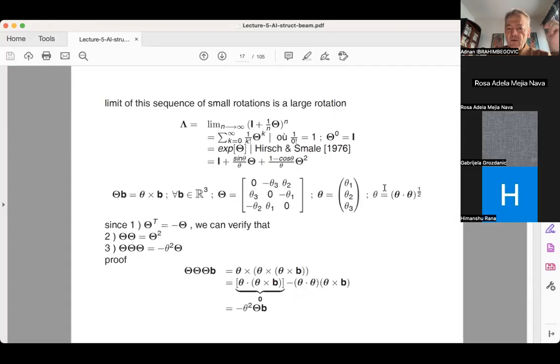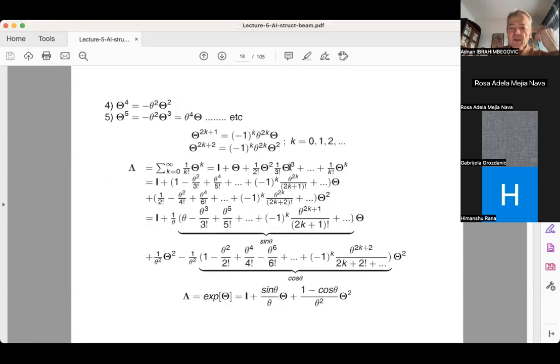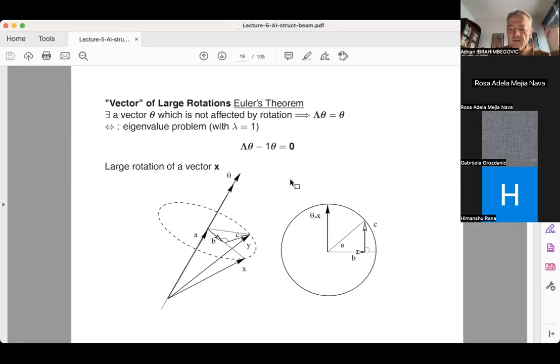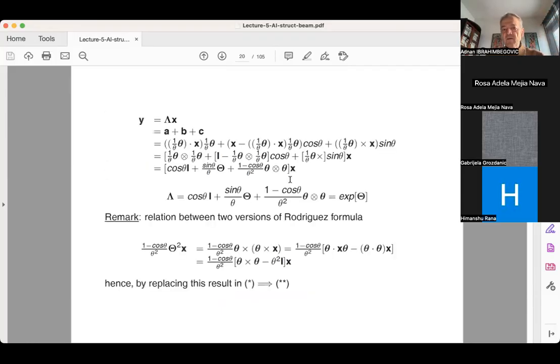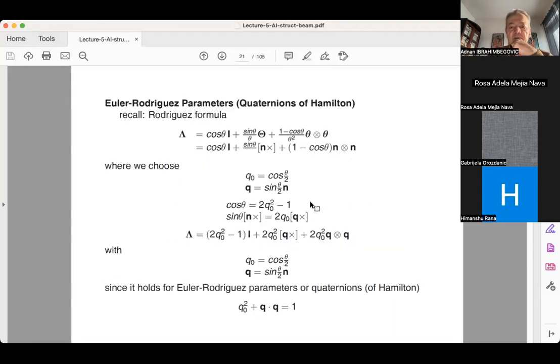So we developed this closed form formula for the exponential mapping as a sum of the identity, theta, and theta squared multiplied by these two coefficients. An alternative manner was going through this Euler observation about large rotation and the rotation axis being placed in terms of the vector theta. You can write this Rodrigues formula as the identity plus theta skew, and then the tensor product with the vector theta. And then we said in the computation, the most often used is the quaternion representation,